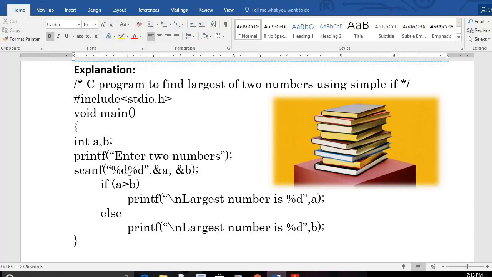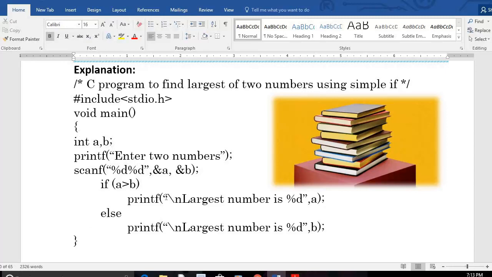Now one question to you. In this program we use symbols, no? Forward slash, asterisk, asterisk, forward slash, hash, angle bracket, opening parenthesis, closing parenthesis, opening curly bracket, comma, semicolon, double quote, ampersand.